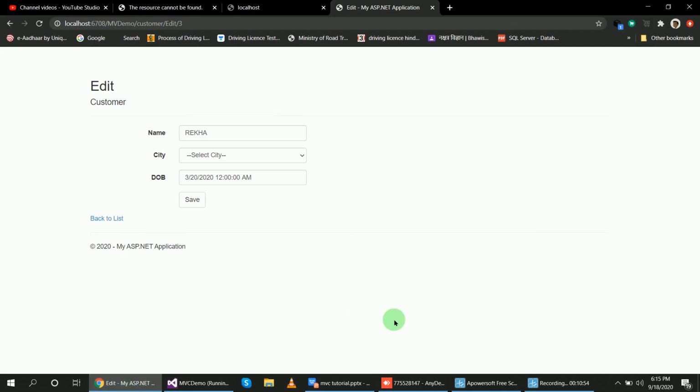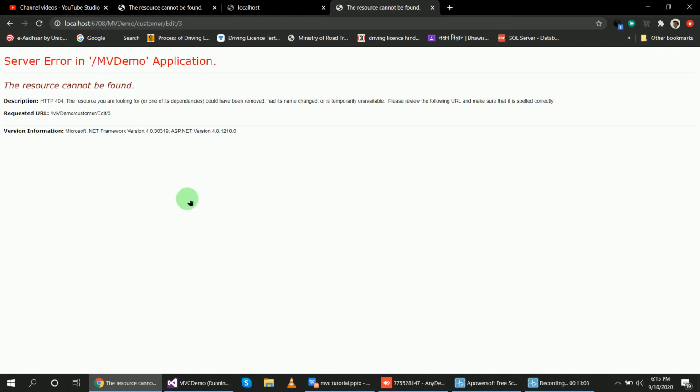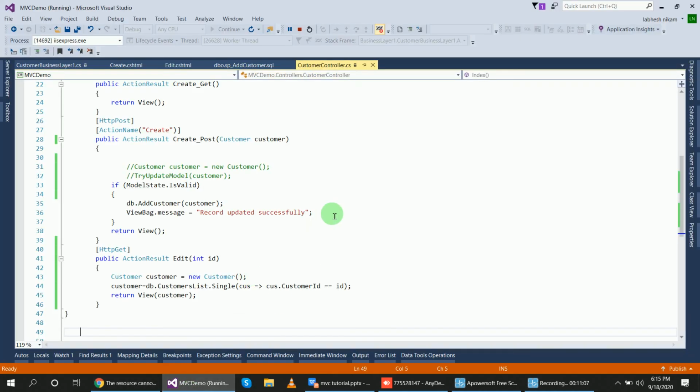This is using HttpGet, but now I want to post this record to the database side. When I click on this, the resource cannot be found. Why? Because in the controller I have used this HTTP verb. This HttpGet verb is used to display only the form interface, not to post the data. To post the data we require another method, and that we will see in a later session.